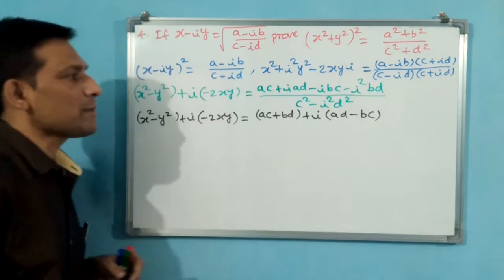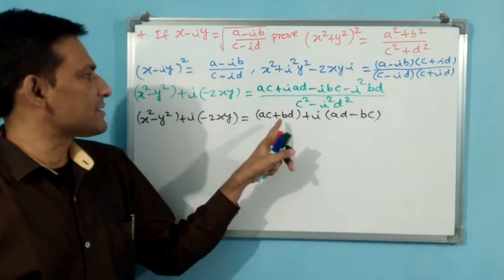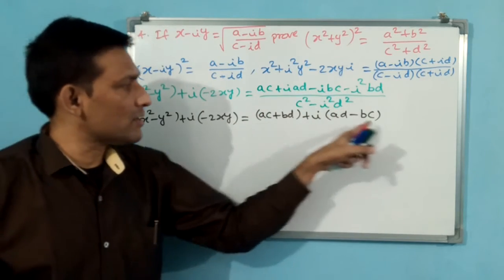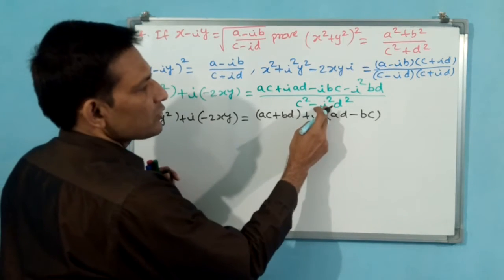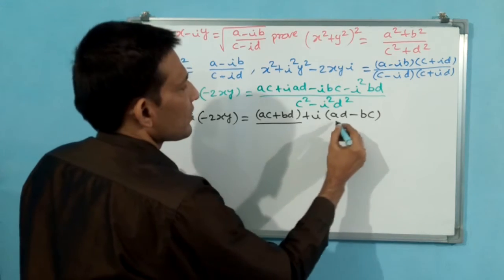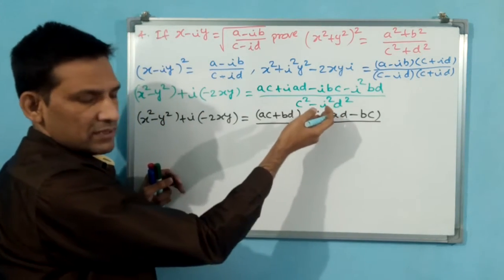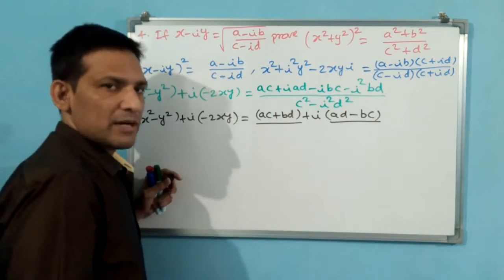Is it okay? First you see. Why? Because now i square has become minus 1 and has been added here. Now I have made a separation of real part and imaginary part. See here also you see c square. This imaginary part separately I want to write. Sorry, the denominator, like that I can write now. Why? Because only a real number is coming.